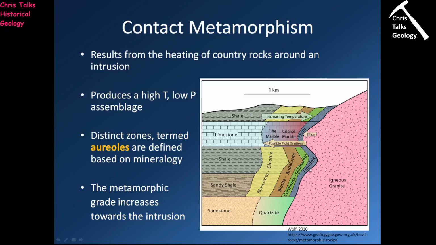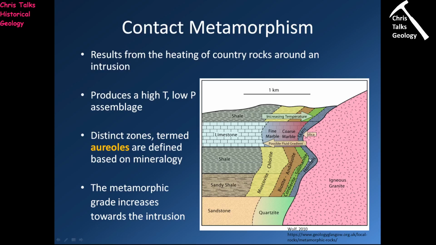So we're going to have really high grade metamorphic minerals over here because it's very, very hot. And as we move away, the metamorphic grade is going to steadily get lower. And so over here, we're going to see quite low grade metamorphic minerals like muscovite and chlorite. Whilst as we move closer to our intrusion, we're going to start seeing higher temperature minerals like cordierite and sillimanite